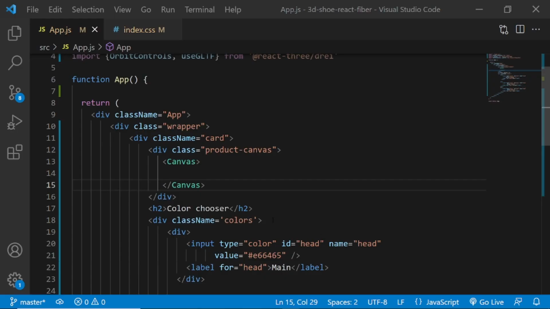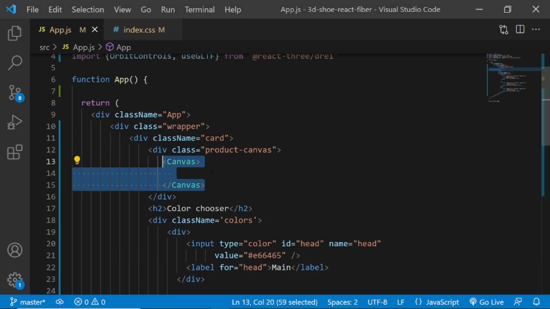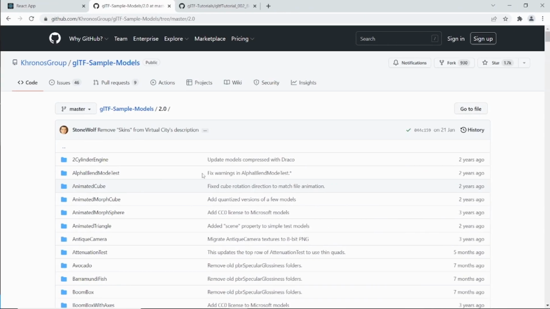Earlier we tested the canvas with a basic cube model. Now, with React Three Fiber, you can create these simple shapes, but to create realistic 3D objects like a shoe or a table, you need professional know-how, and it's beyond a developer's skill set. So what I'm going to do is go to a site called, well, a GitHub repository